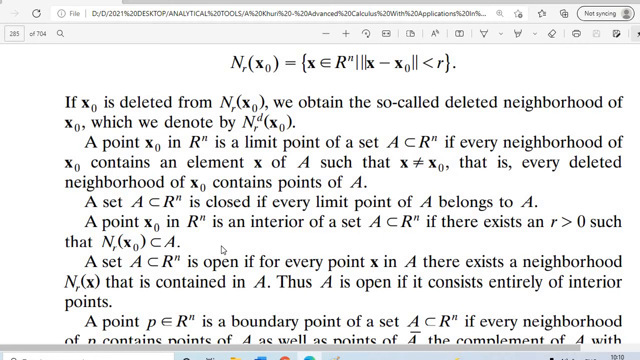Now what is interior? What is interior? So interior means, അടുത്ത കൺസെപ്റ്റ്. 4 കൺസെപ്റ്റായി. നെയ്ബർഹുഡ്, ഡിലീറ്റഡ് നെയ്ബർഹുഡ്, then limit point, another one is